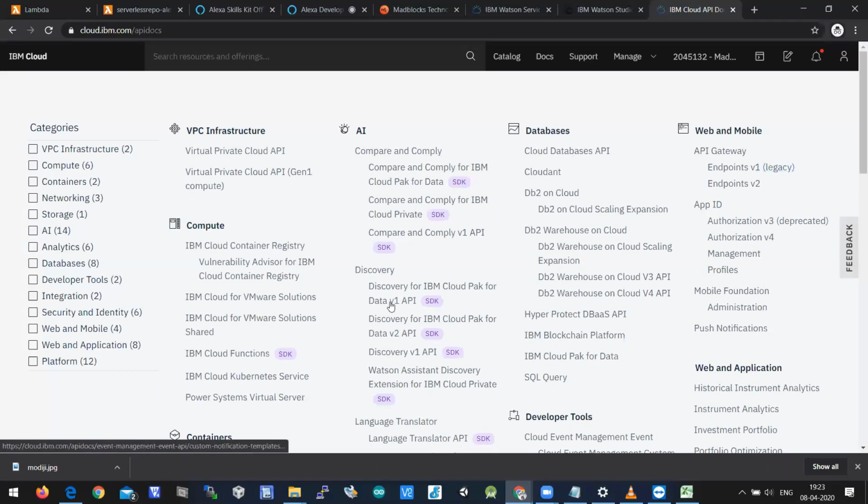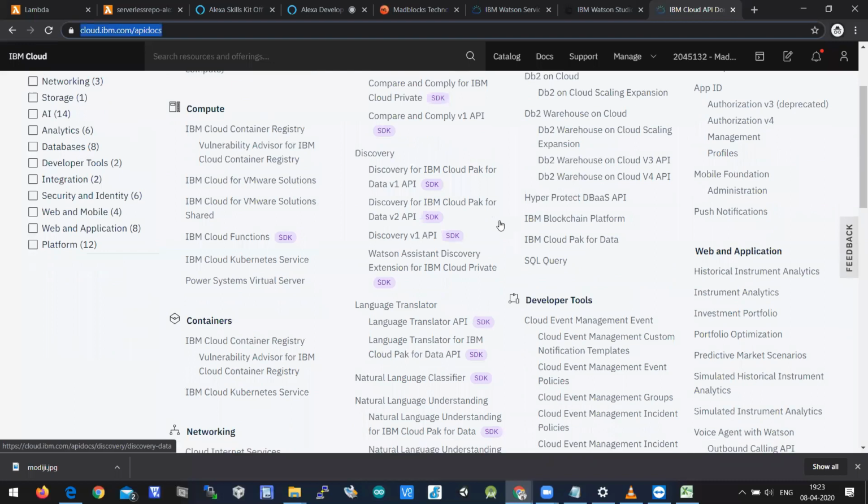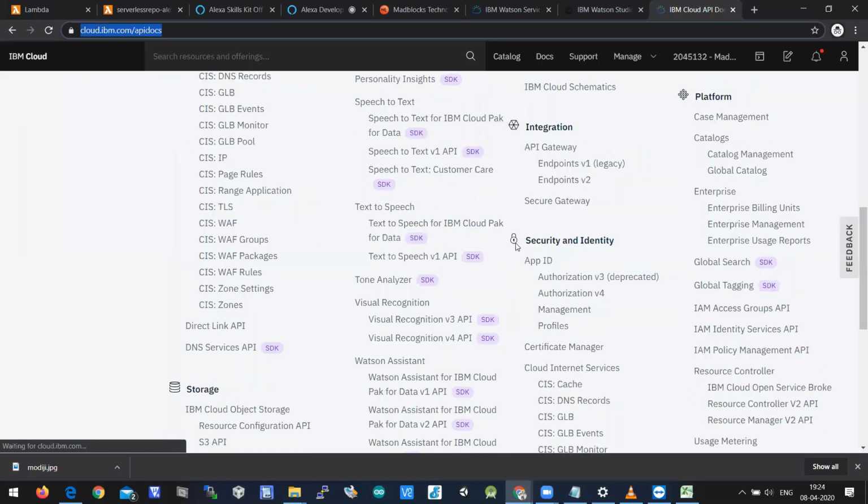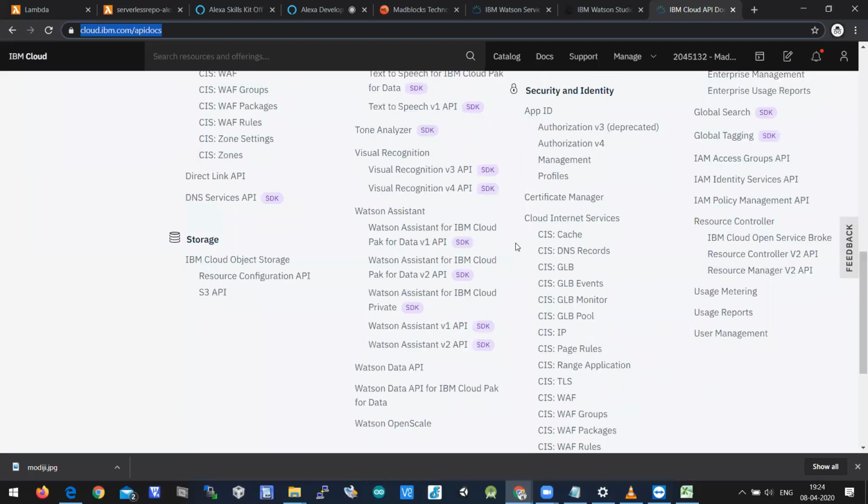Every service's documentation will be here. If you want to work on IBM Cloud, you can use this website, which is cloud.ibm.com/API docs. Here you'll have the visual recognition service.